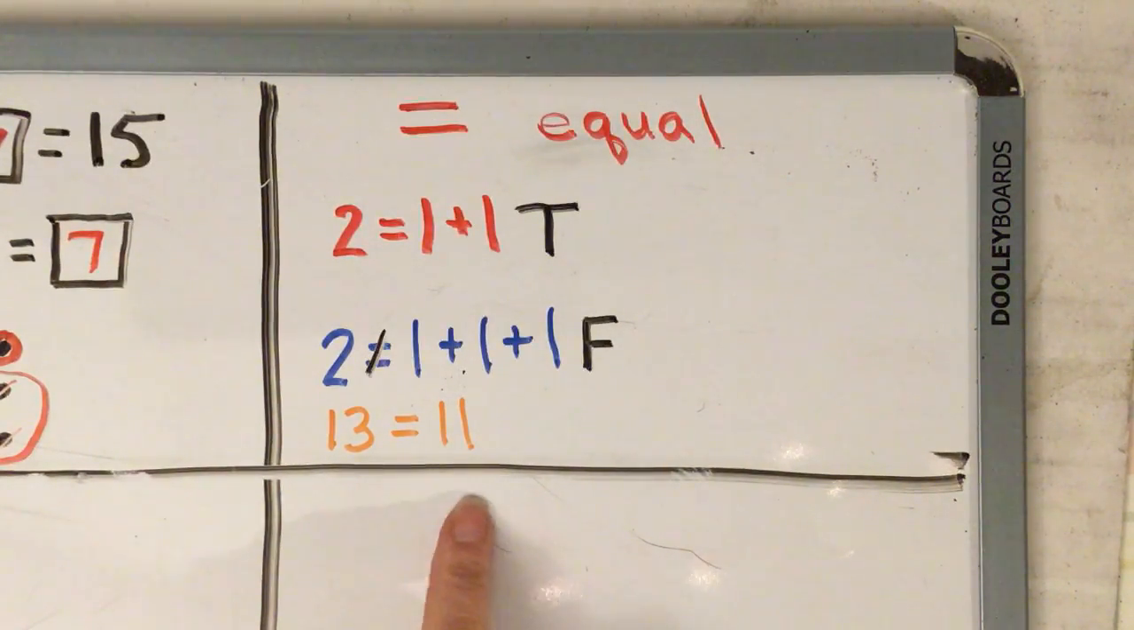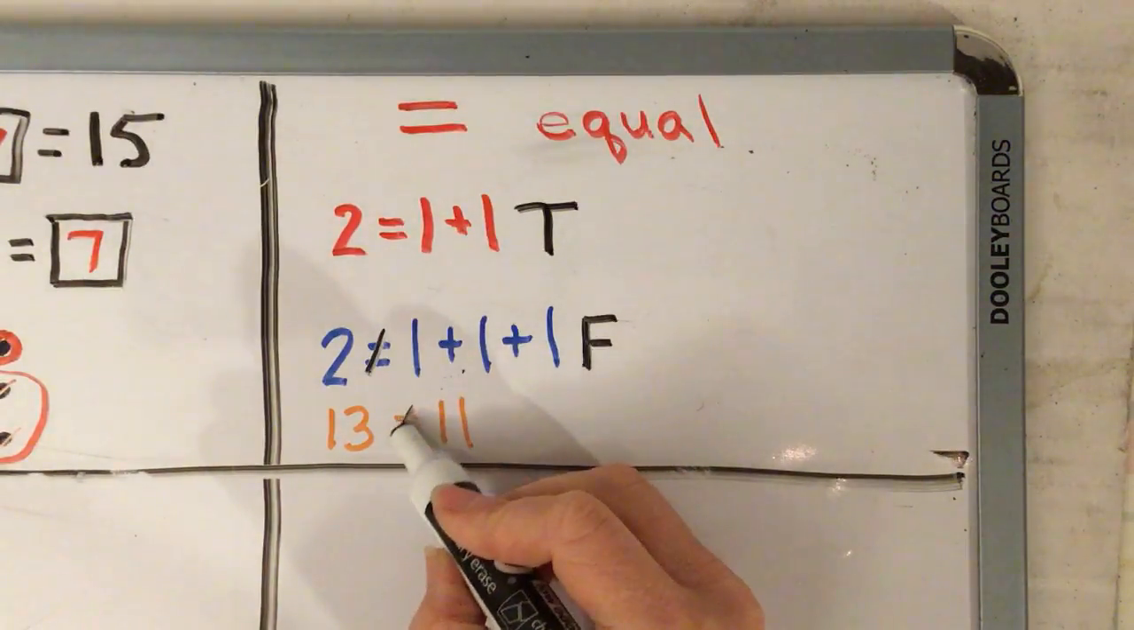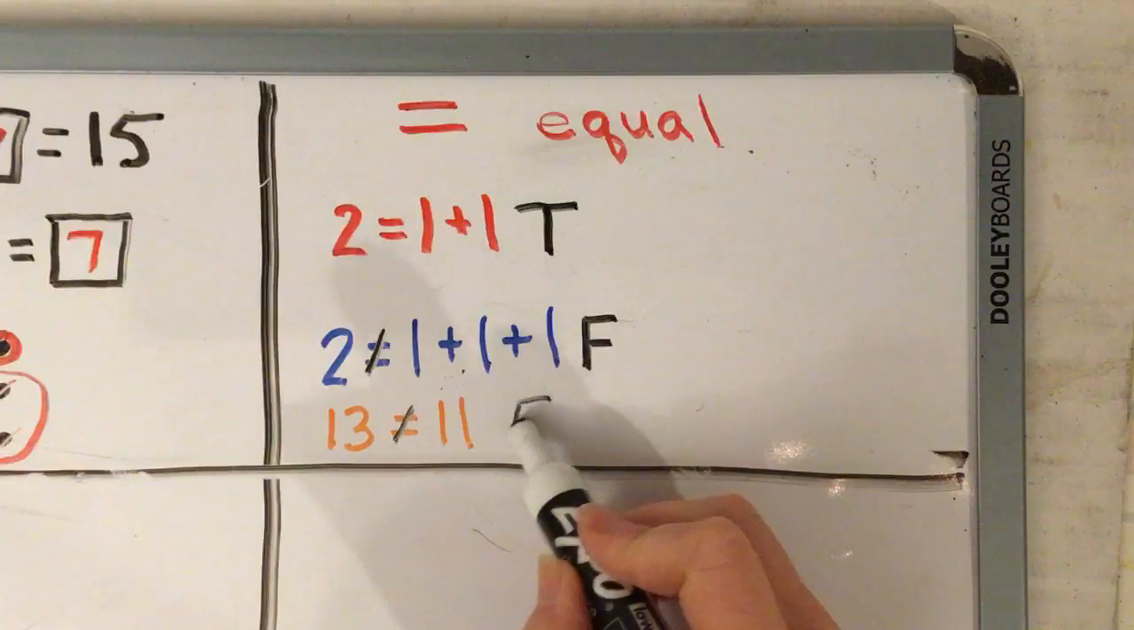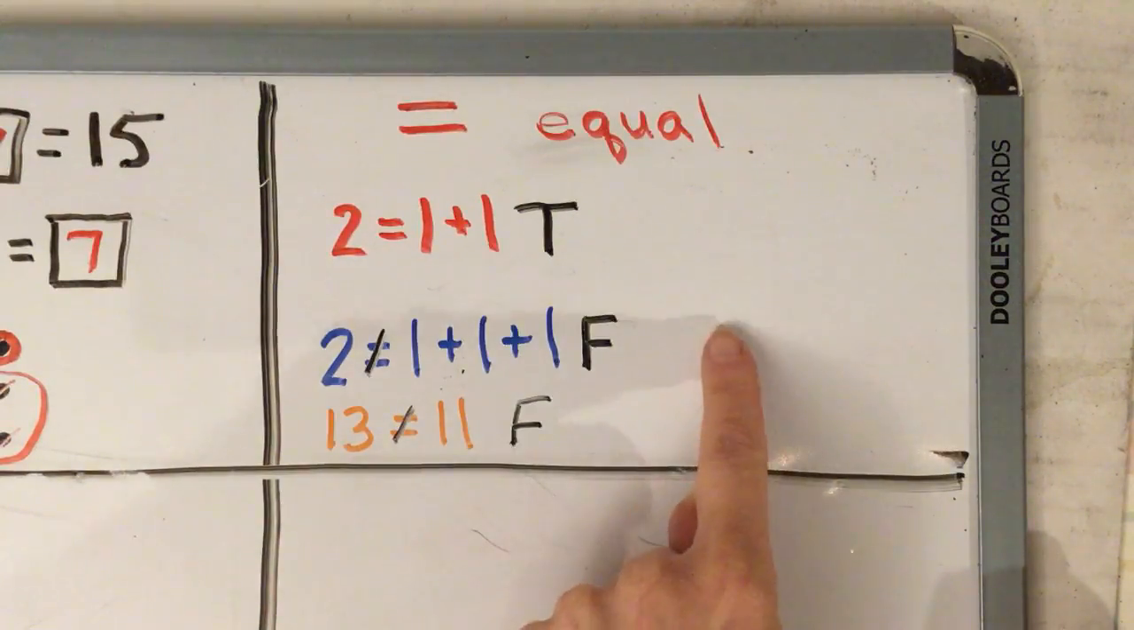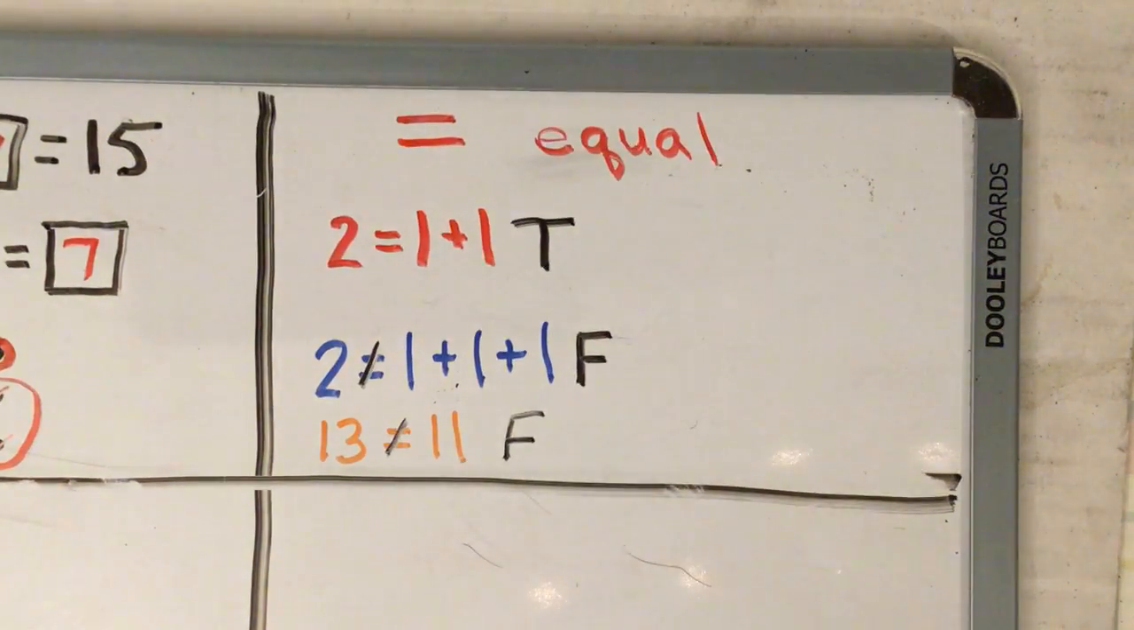13 equals 11. Well, guess what? That is not true. That is not equal. That is false. 13 does not equal 11. We have a few more equations to write in this section. So if you're writing big, you're going to need to write a little bit smaller to figure out some of